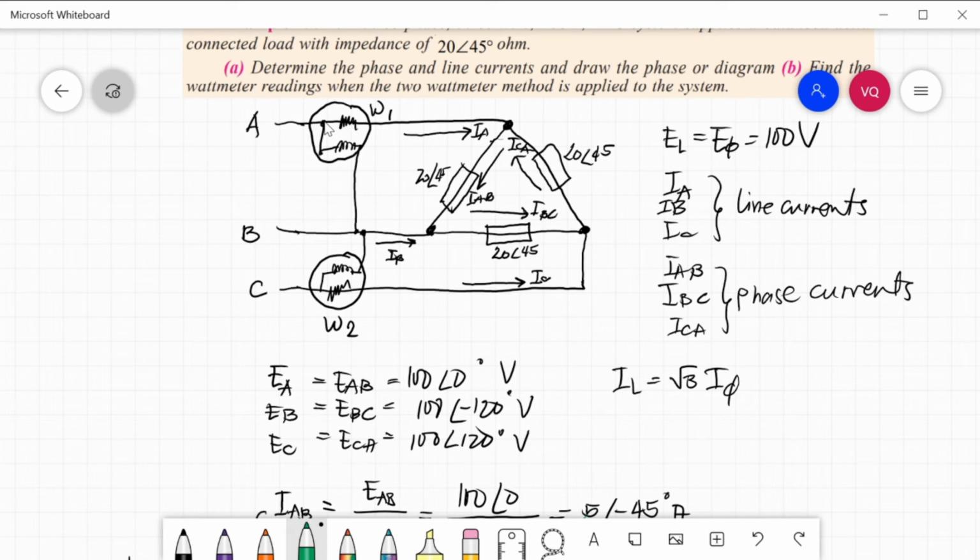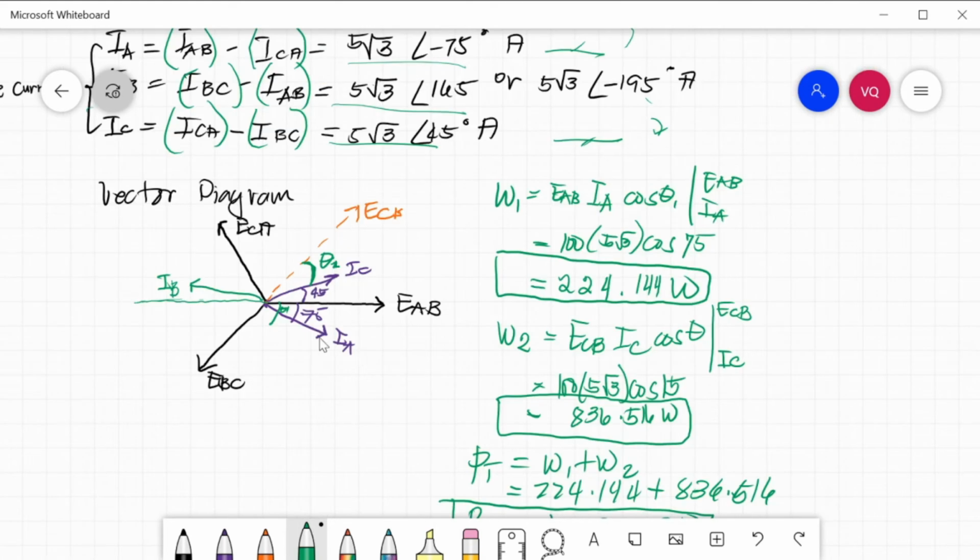So, EAB is 100, IA is 5 square root of 3, and what will be the value of our cosine theta 1? Here is our EAB, and IA is here. So, the angle between IA and EAB is 75 degrees. So, cosine 75. That will result to 224.144